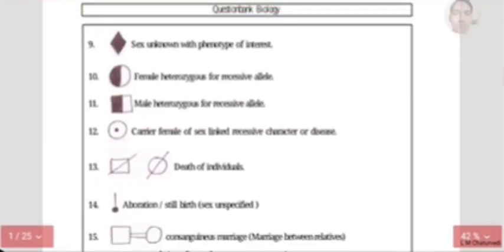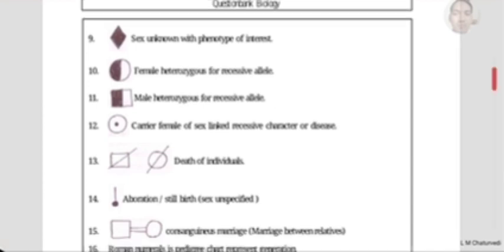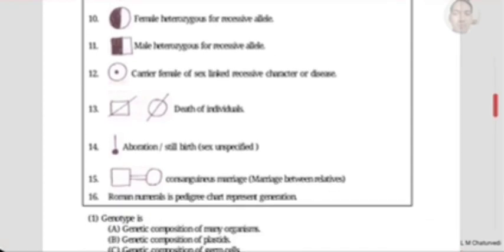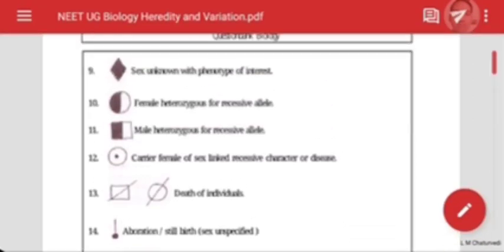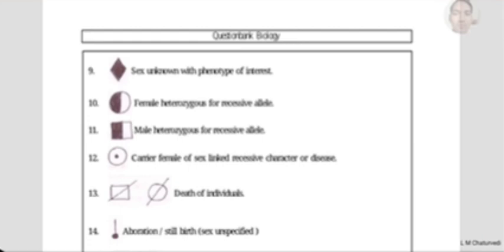You can also show a female heterozygous or recessive for alleles, and a male heterozygous or recessive. So half dark can be formed, but it is not in your NCERT. A carrier can be shown like a dot, but it is not in your NCERT. Death can be shown by a cross. A consanguineous marriage, meaning close relatives such as brother and sister, is shown by a double line. In this way, we are able to identify pedigree. We will learn with different examples, for example, color blindness, rolling